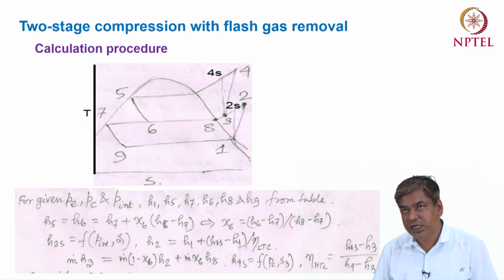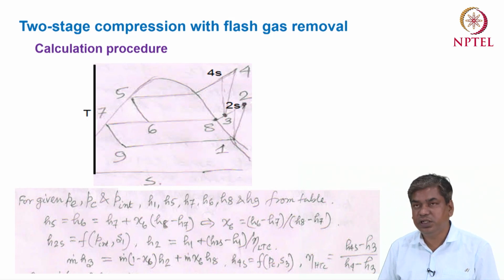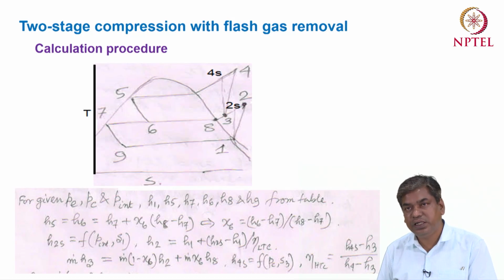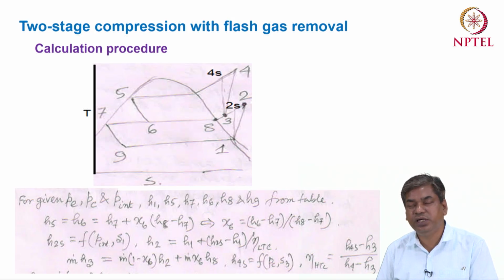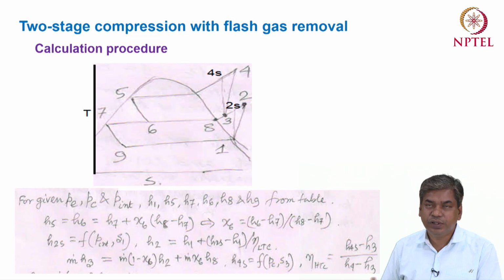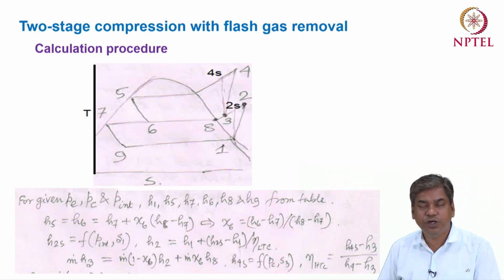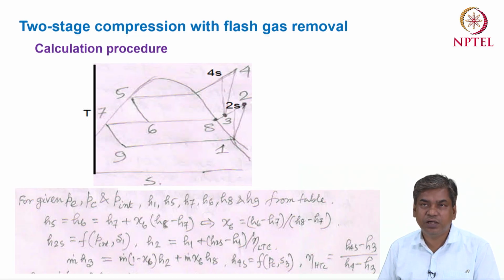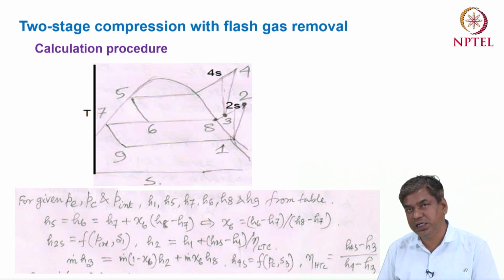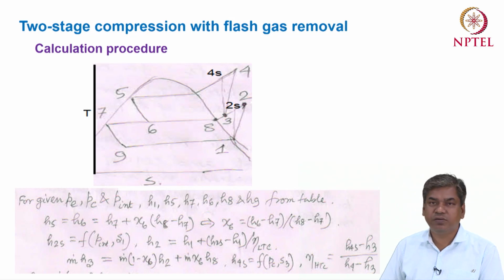Okay, so for any refrigerant, if the saturation tables are given, and in a saturation table the saturation properties at the defined temperature or defined pressure, that means the saturated vapor point and saturated liquid point, are given, then by using that saturation table, how you can get the enthalpies at the defined points of the cycle. Okay, so that we will discuss, and after getting the enthalpies at the defined points of the cycle, finally we can calculate what is the performance parameter of this cycle. Okay, so this is the main theme of the calculation procedure.